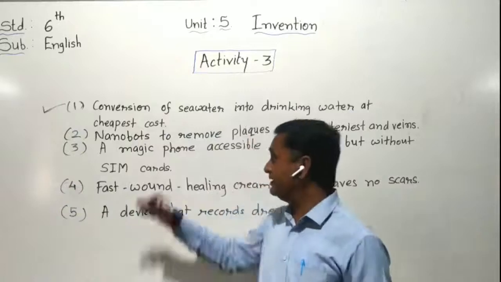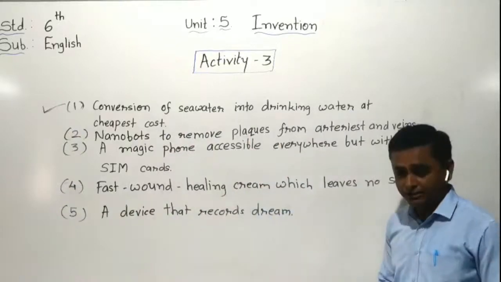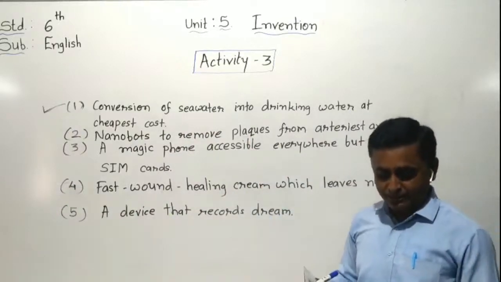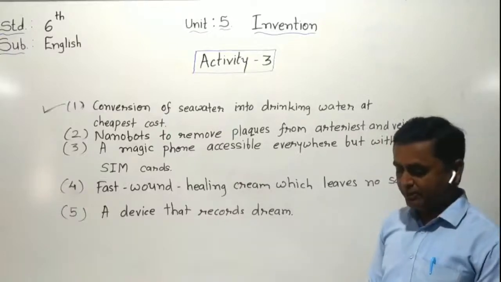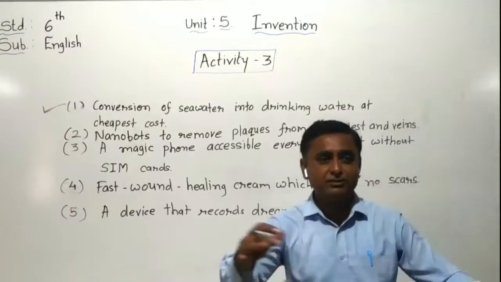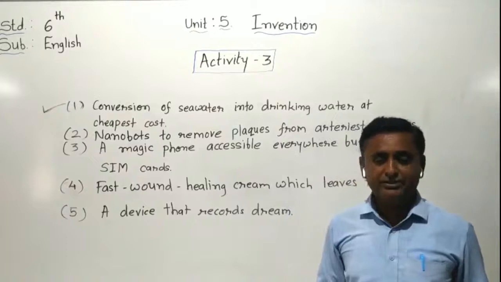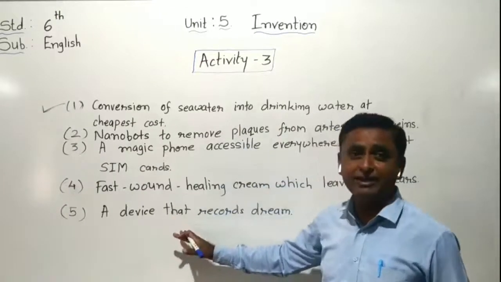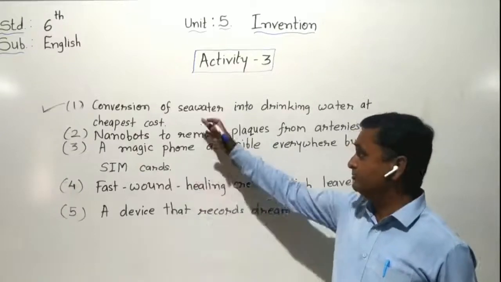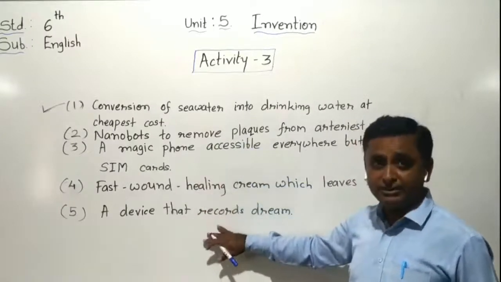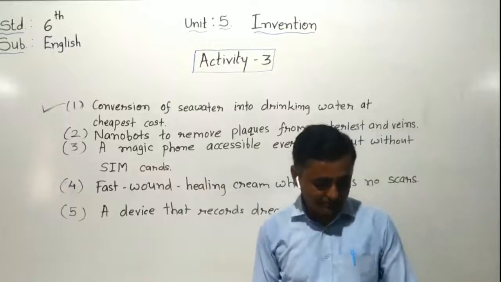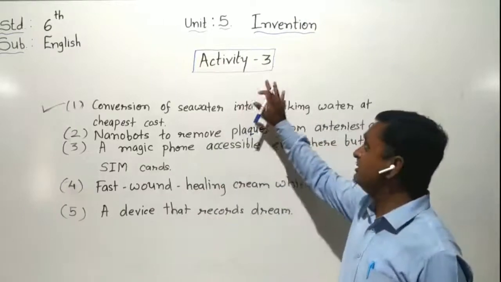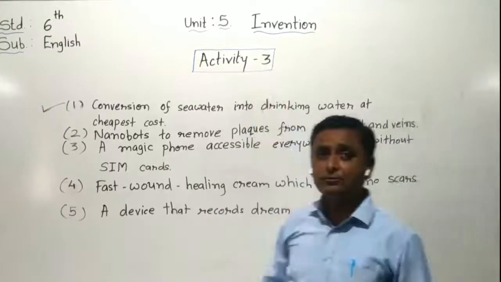Just complete all the things in your textbook. Here are our 5 main problems. Our group, combining with each other students, made up 5 serious problems. We made a list of 5 serious problems. So you have to complete the list of 5 serious problems in your textbook, page number 40. Here, students, this is our activity number 3, the problem activity.